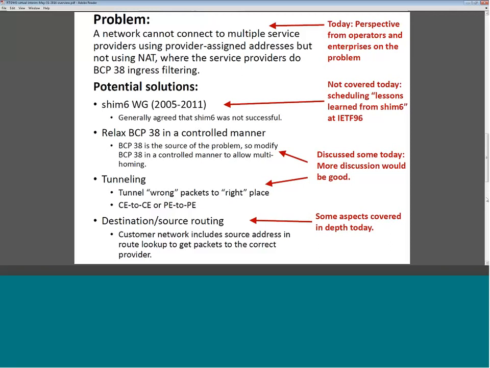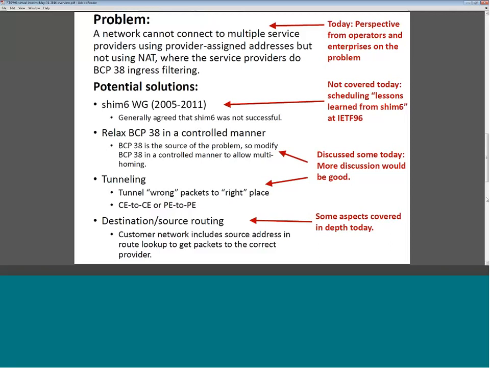Another potential solution is tunneling, basically tunneling the wrong packets to the right place. There are variants of that where you go from the CE to the CE or the PE to the PE. Again, this is mentioned a little bit in the presentations, but it would be good to get more discussion on those either on the list or in future meetings. So the final solution that we have listed here is destination source